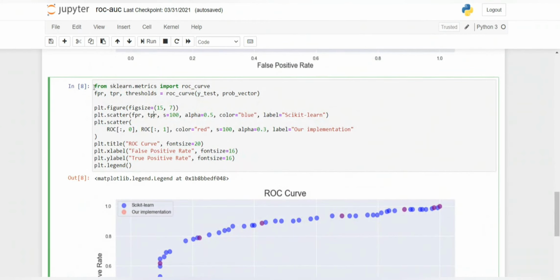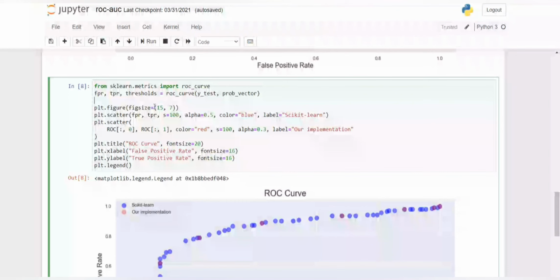Now we have imported the inbuilt roc_curve function: from sklearn.metrics import roc_curve. FPR, TPR, threshold equals roc_curve of y_test comma probability vector. This function will return false positive rate, true positive rate and threshold values, so we don't have to calculate them manually.